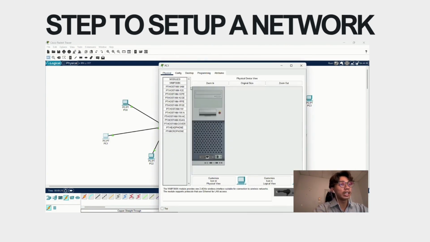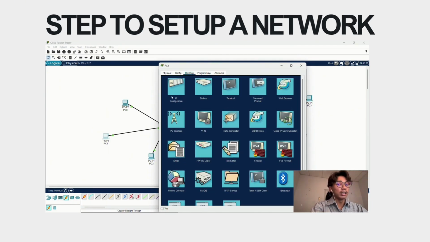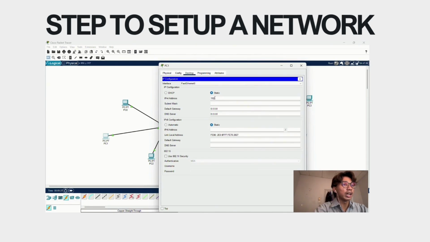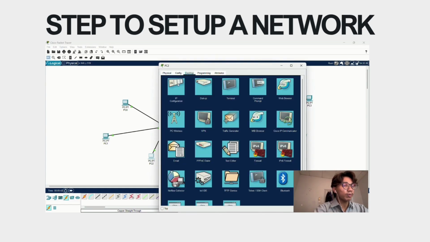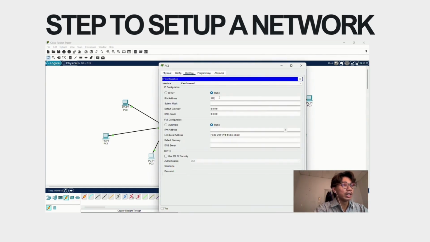It's going to be the same right here, but just a different IP address, which is the IP address for PC1: 192.168.1.3, and the default gateway for this one is still the same as we are connected to the same switch. The last one is PC2, where the IPv4 address is 192.168.1.4, and the default gateway we need to change to 192.168.1.1 because it's still in the